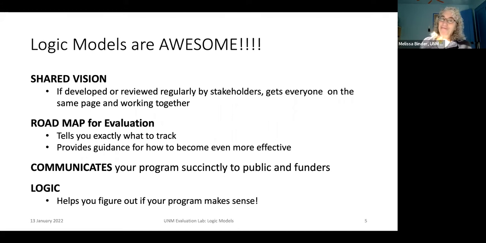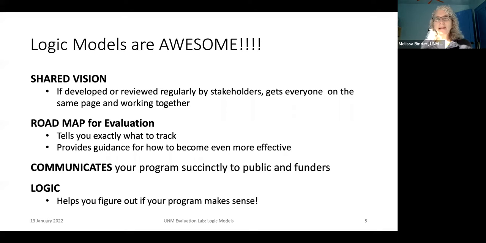Okay, so they're awesome. Why are they so awesome? They are incredibly useful. One way is that it gives you a shared vision. If you're using it and reviewing it with all of your stakeholders, everyone knows what the program is and what you're working toward. A second reason is that it tells you what you need to evaluate.